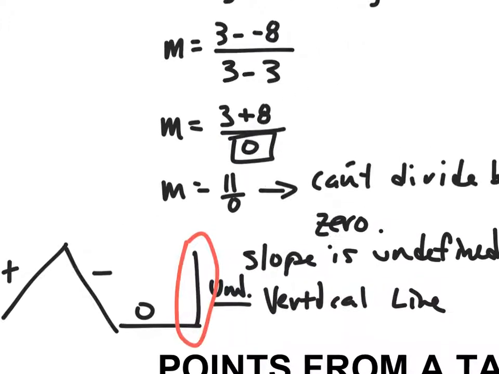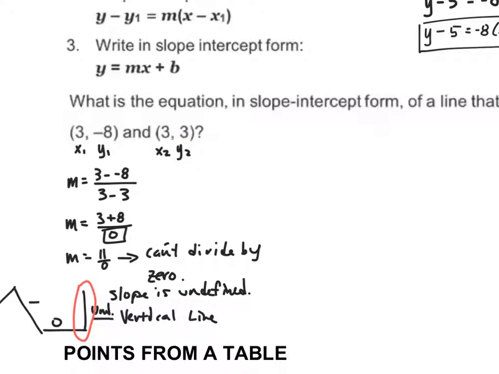Now, the vertical line needs to go through whatever x value we have, which is 3 and 3. So my equation is simply going to be x is equal to 3. I'm doing this because if you get an undefined slope, that's the conclusion you have to draw. You can't divide by 0. So therefore you have a vertical line, and it has to go through the x values that you got. All right, next